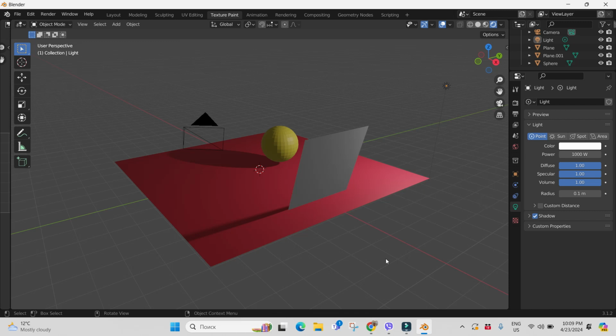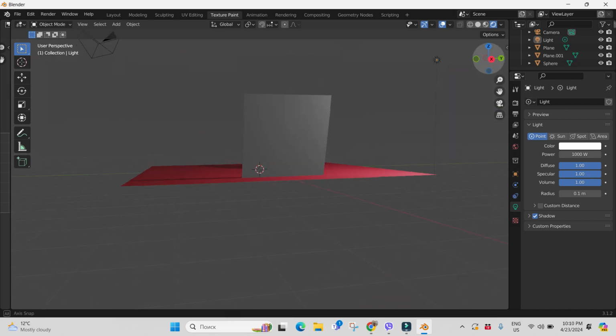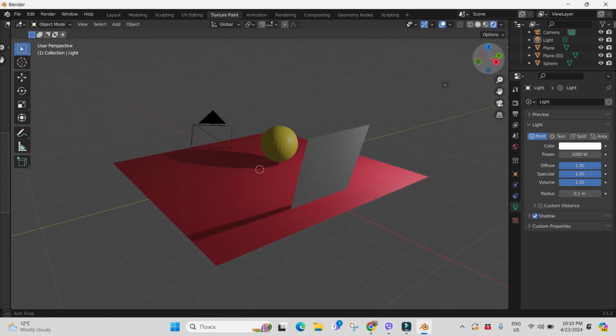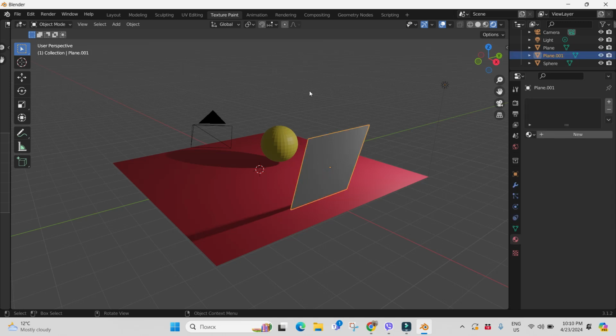in Blender. So this is a scene I did. I have a sphere and some object before it which is not transparent. Now let's see. I'm choosing this object by clicking on it, and I have to go to